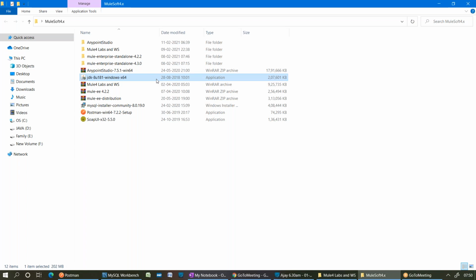Yes, the entire Mule application is developed using Java. So behind the scenes, your application is a Java application. When we develop your Mule application, you are developing a Java application behind the scenes. So to develop, we require a JDK. Once you develop, you need to run that application. We require JRE. Once you install the JDK, the JRE is automatically part of it. JRE means Java Runtime Environment, right?